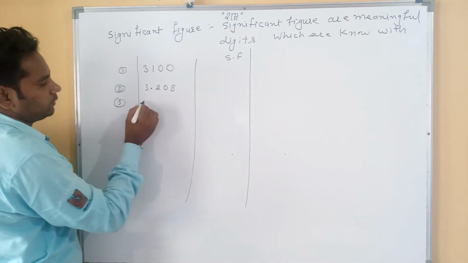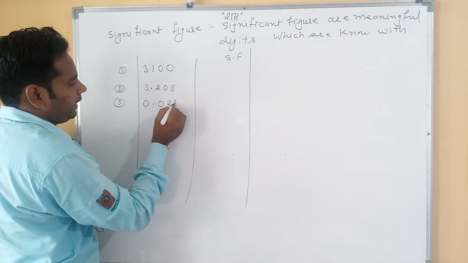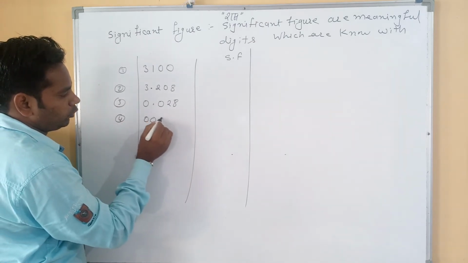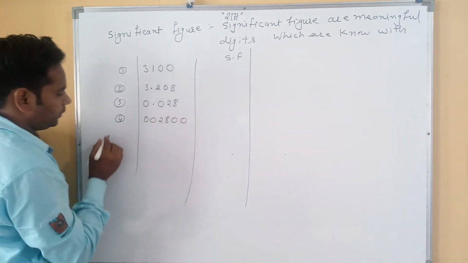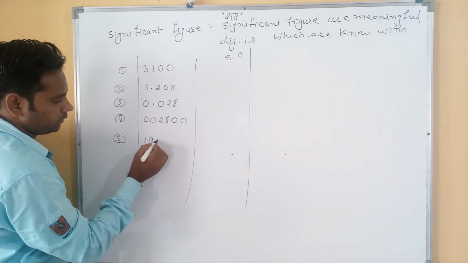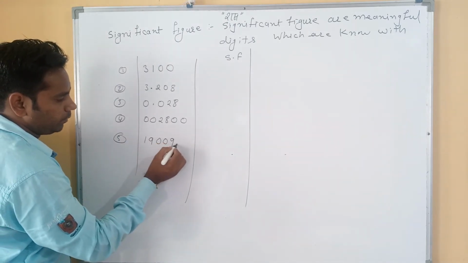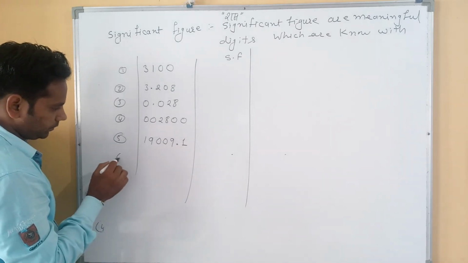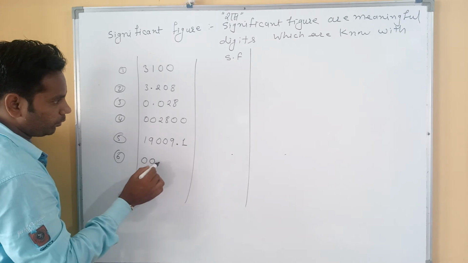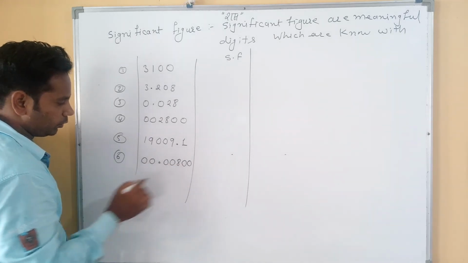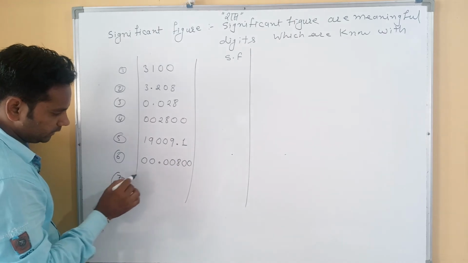Then third is 0.028. Fourth is 0.02800. Then fifth is 91009.1. Then 0.0080. Seventh,